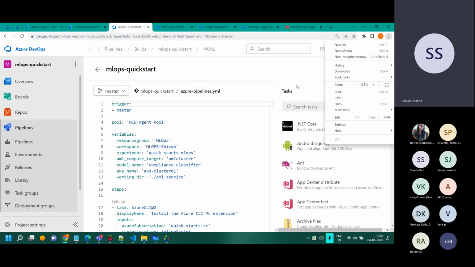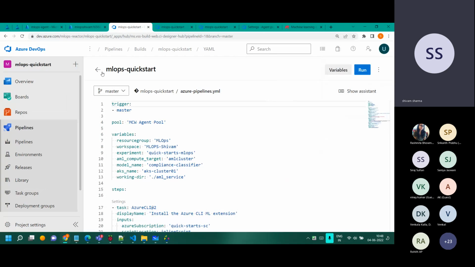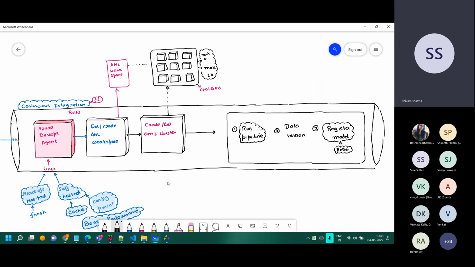So let me just push that back. What you see on the screen right now is actually all these steps which we just understood, that's what we are doing. So the entire CI pipeline is what we have over there.